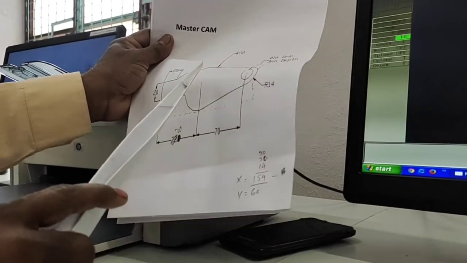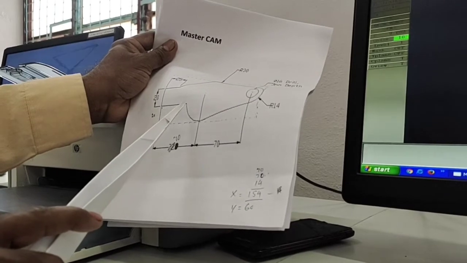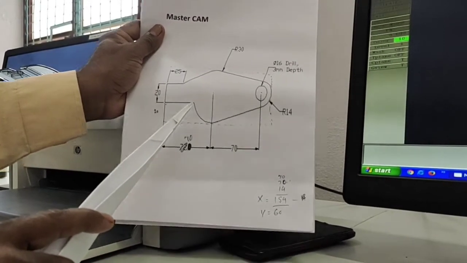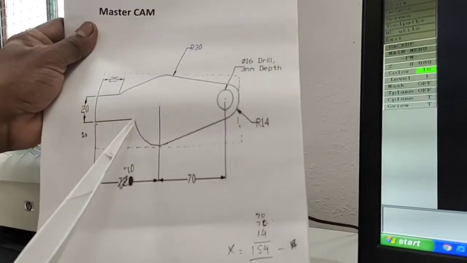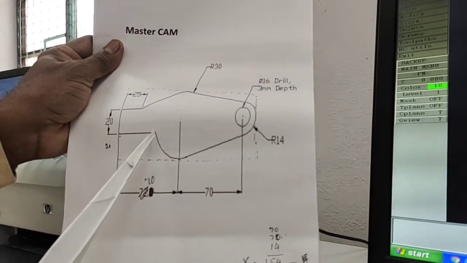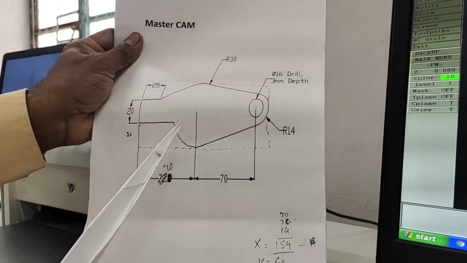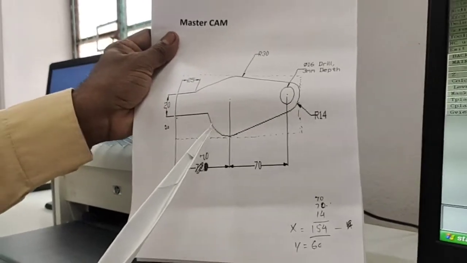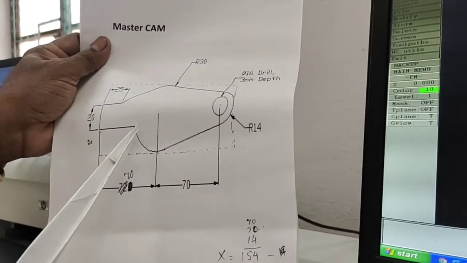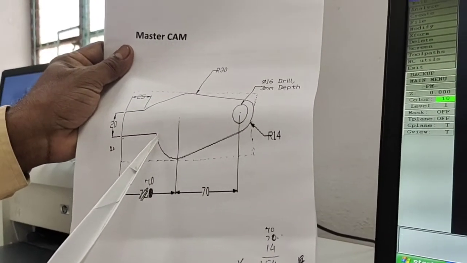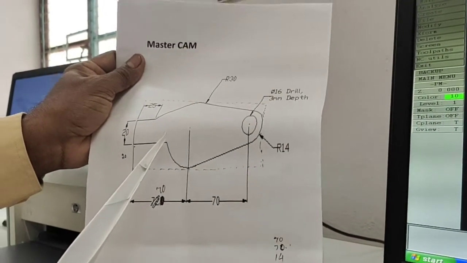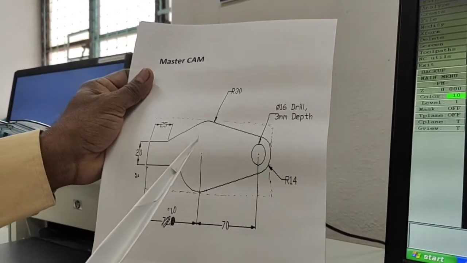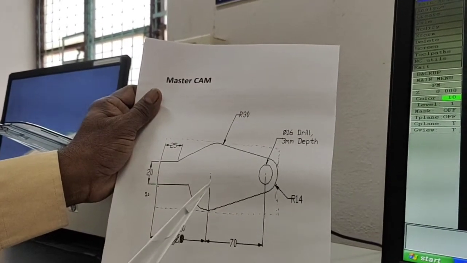The same process is followed here. There is no end point for this line, and without the end point you are not able to draw the particular line using the Tricad package. But in the MasterCam software, it automatically finds the end point at the intersection of the horizontal line and the arc. This is a very important feature in MasterCam and the difference between MasterCam and the Tricad package.